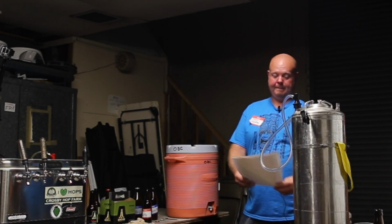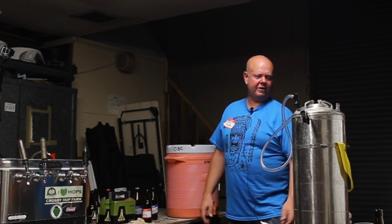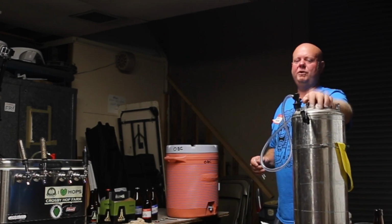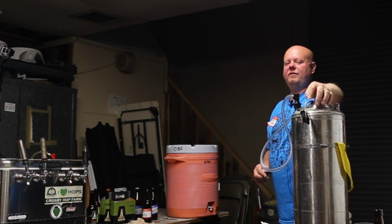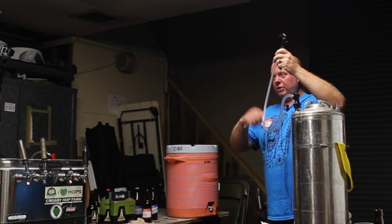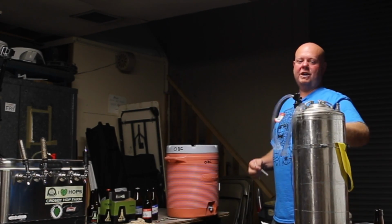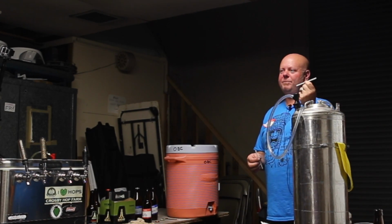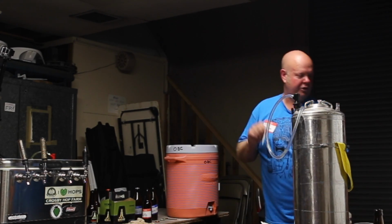Can I clarify, you serve at 20 psi? On my system at home, yes, because I have everything set up. There's another little trick. Sometimes if you have several kegs in your kegerator, and each one of them has an 8-foot hose so that you get the proper length, that's a lot of spaghetti going on, right? So there's another little trick, and there are these little devices. If you want to know exactly how to get them, just email me, I'll tell you. They're actually an insert that go into